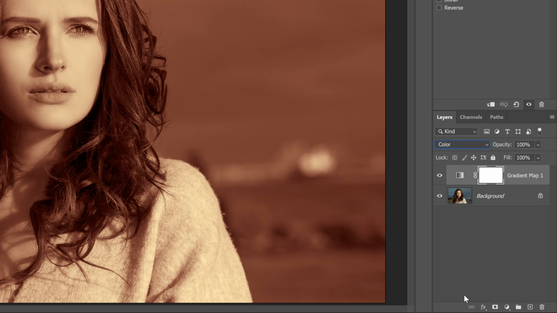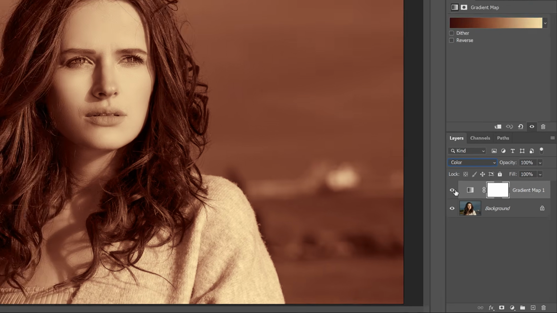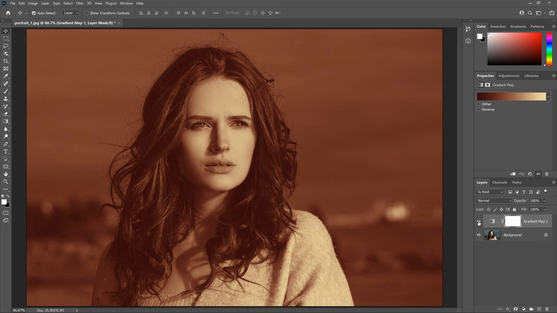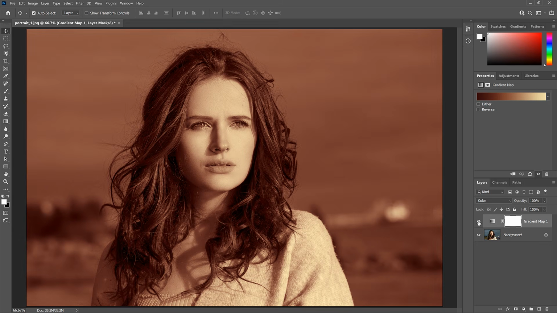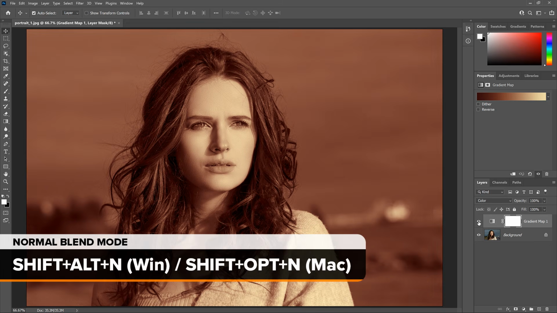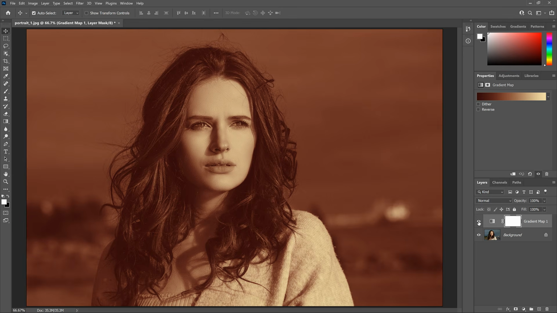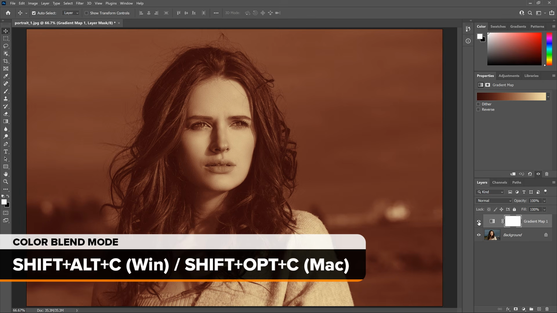The color blend mode keeps the brightness values of the image and blends only the color from the gradient map. And if I toggle the gradient map on and off, we see that the overall contrast in both versions is the same. For comparison, here's the normal blend mode again, and here's color. I'm switching between them from my keyboard by pressing Shift-Alt-N or Shift-Option-N on a Mac for normal, and Shift-Alt-C or